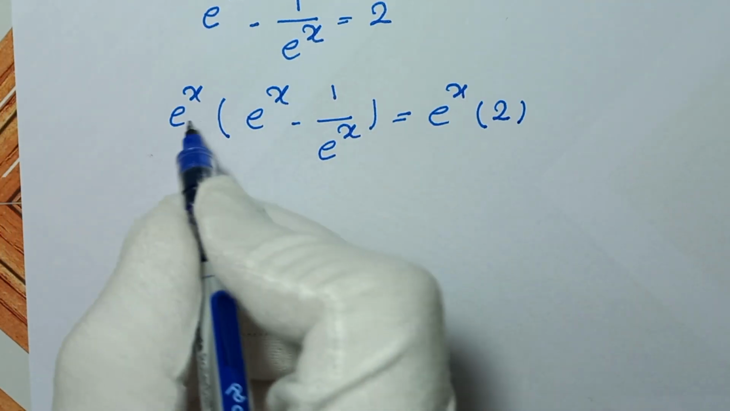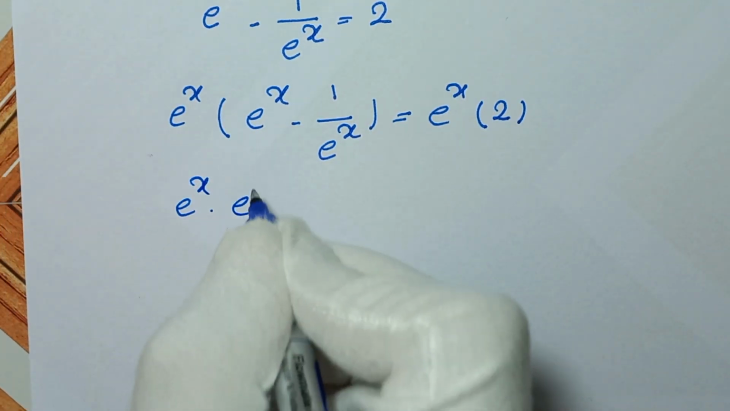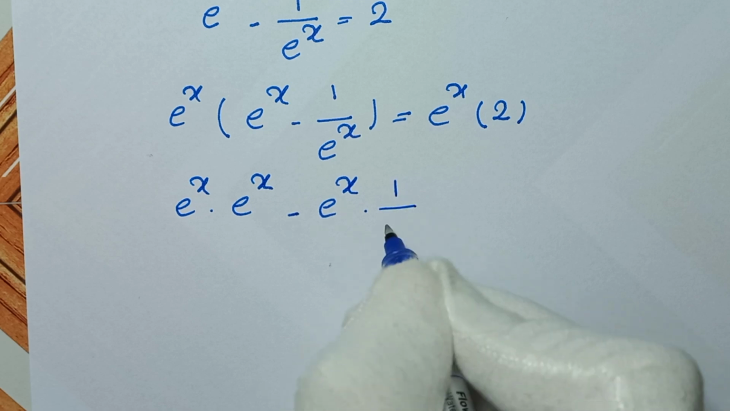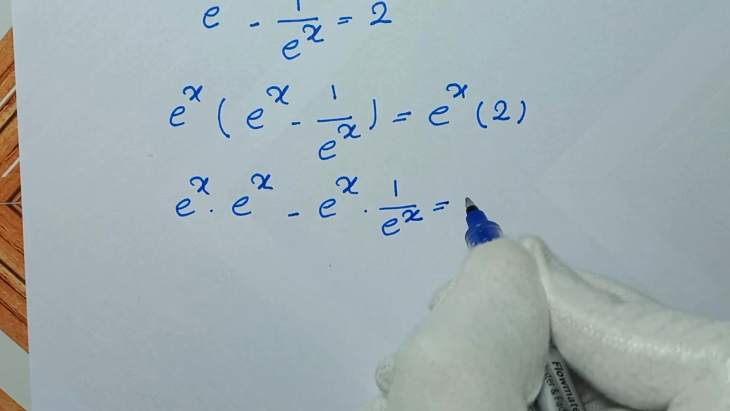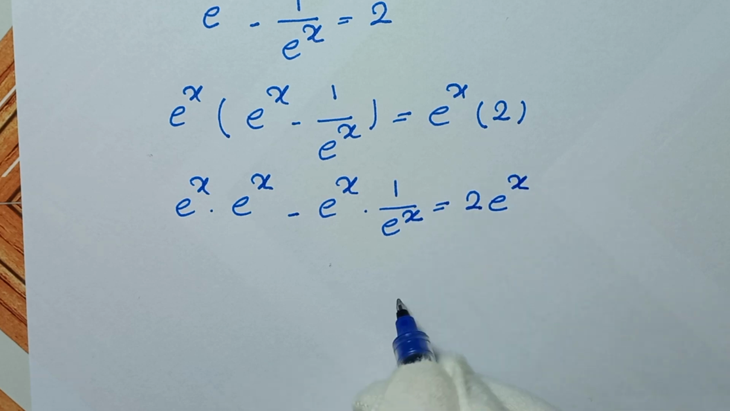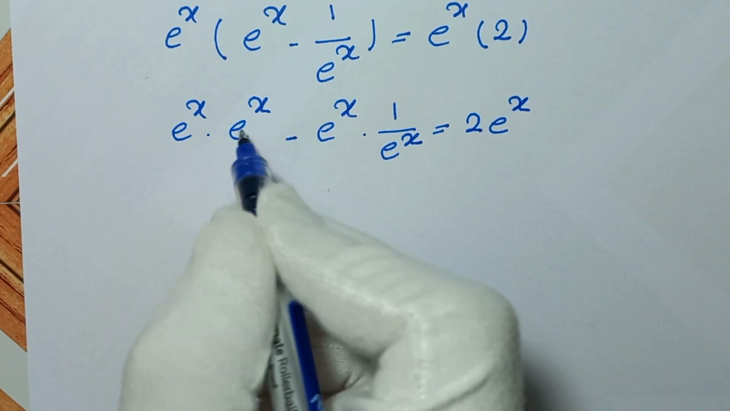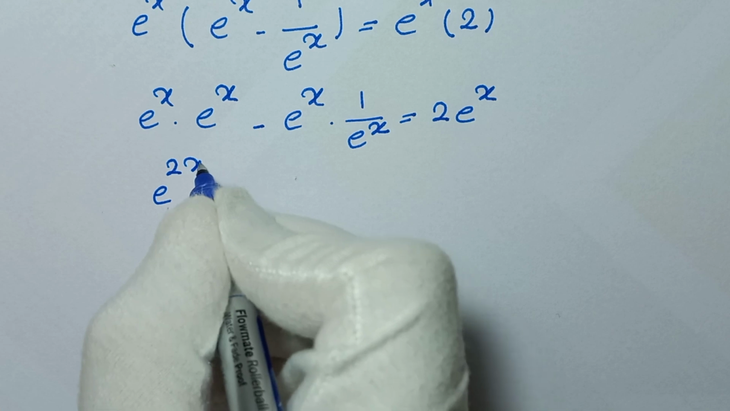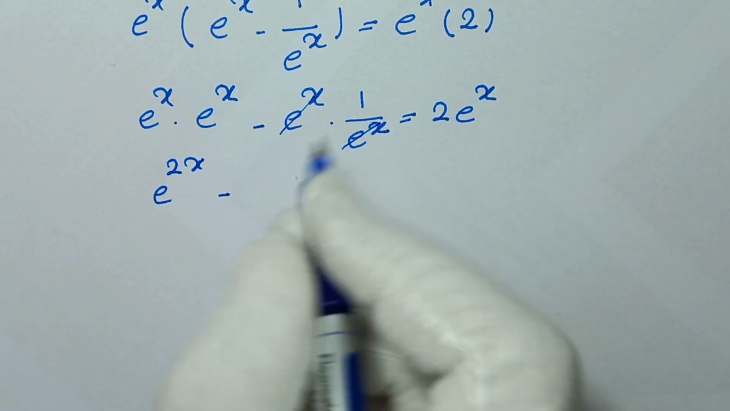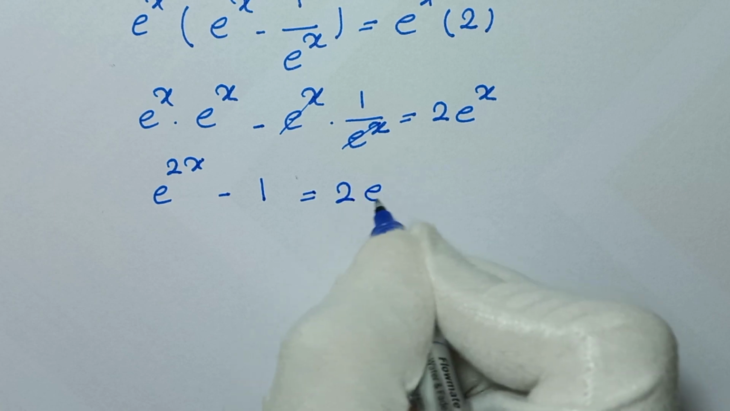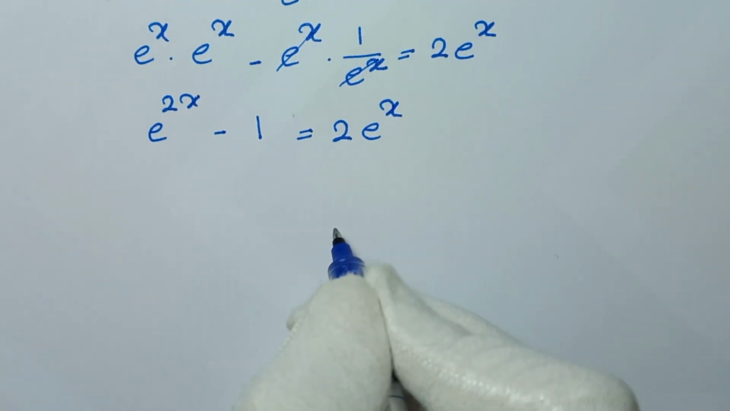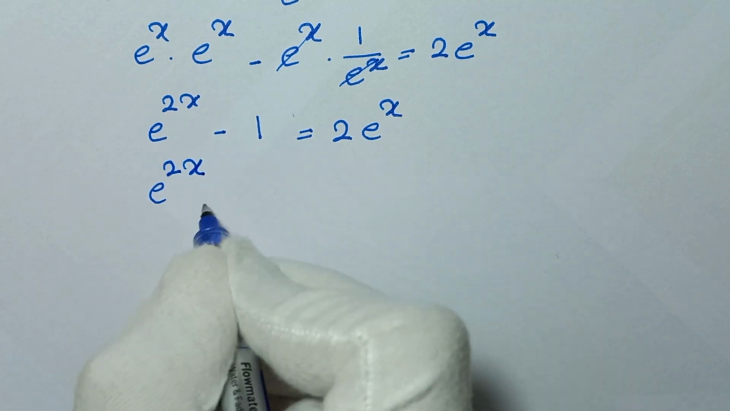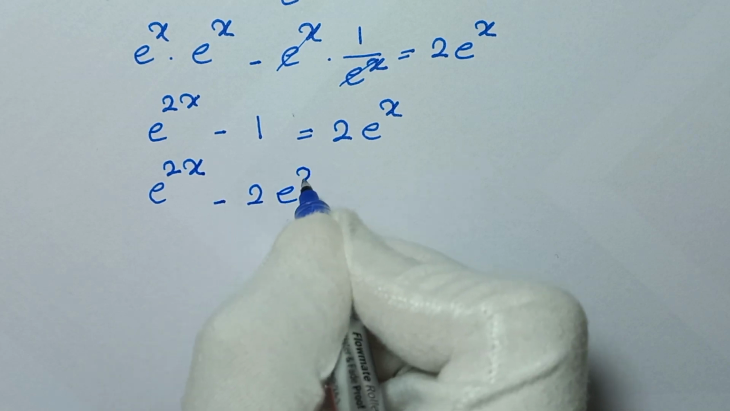So here it will be e^x times e^x, and minus this times this, e^x times 1/e^x, equals 2 times e^x. And here, e^x times e^x is e^(2x), and this cancels this, so it will be 1 = 2e^x. In the next step, we take this to this side, and it will be e^(2x), and this to this side will be negative 2 times e^x, and minus 1